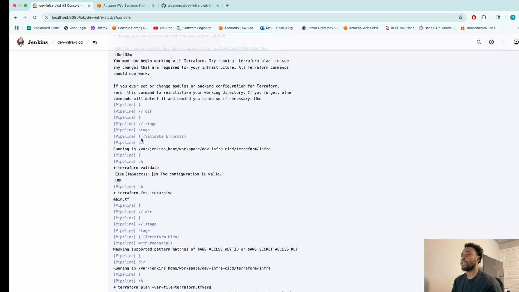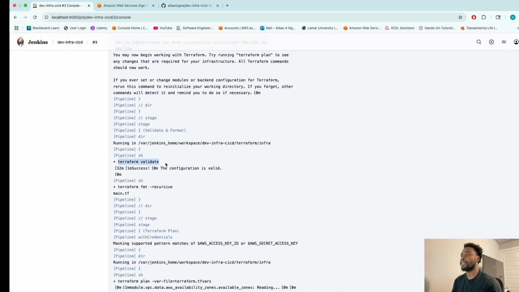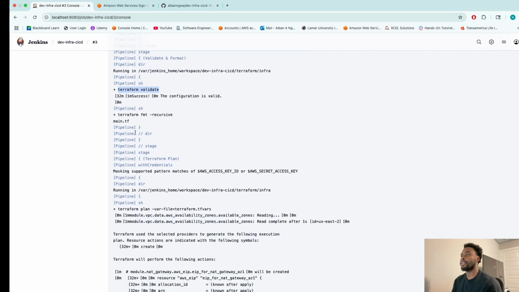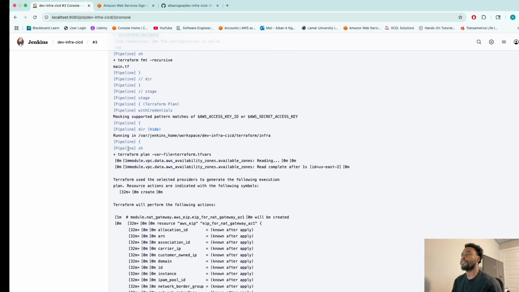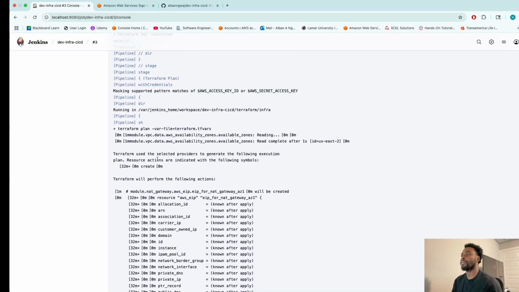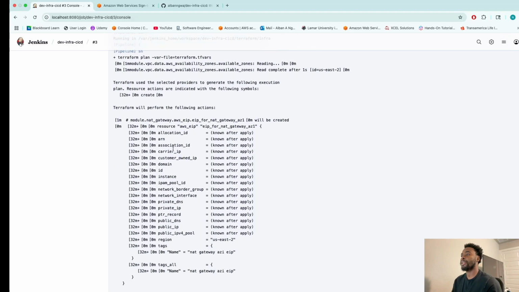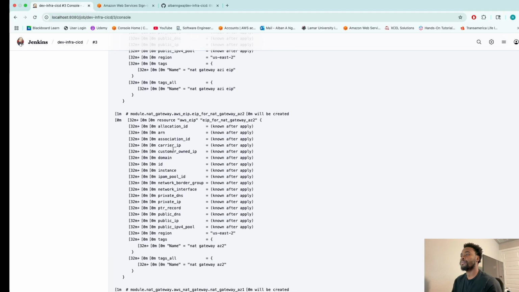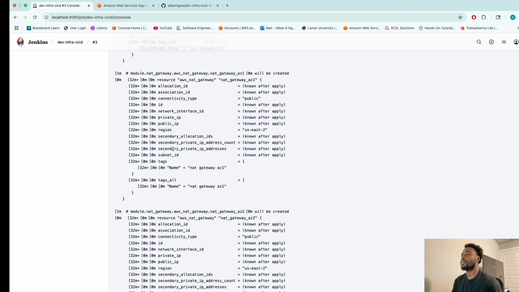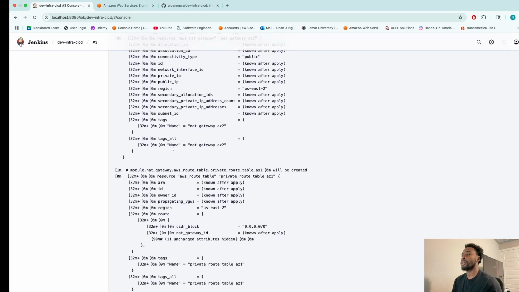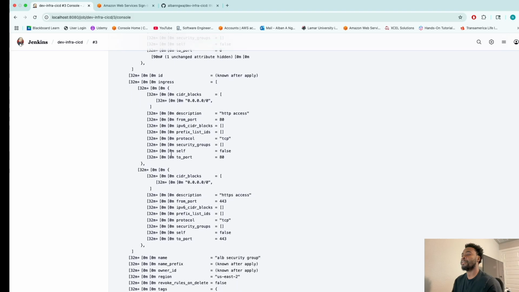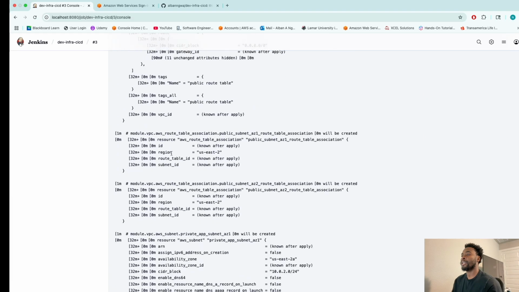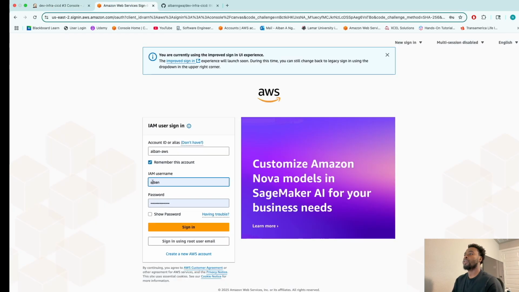And then if you keep scrolling down, you can see the next command, Terraform validate, was a success. Terraform format, it formatted the main.tf. And then Terraform plan, it prints out the Terraform plan just like it would on your local. And these are all the resources that we're creating within our AWS environment all the way down. So if I go to our AWS environment and log in,